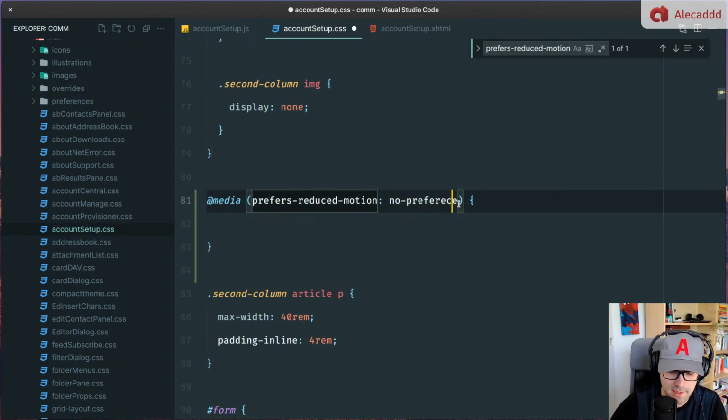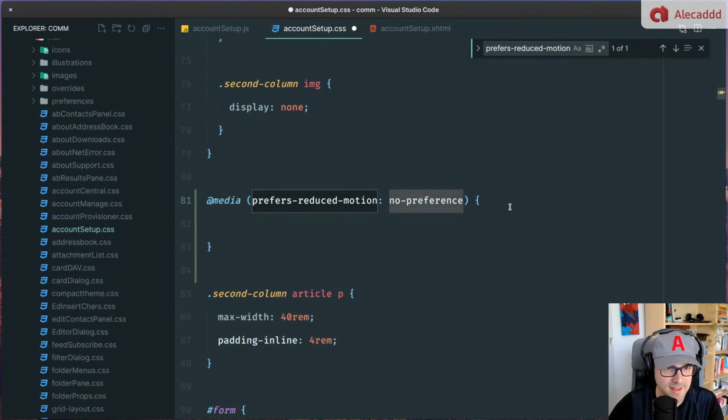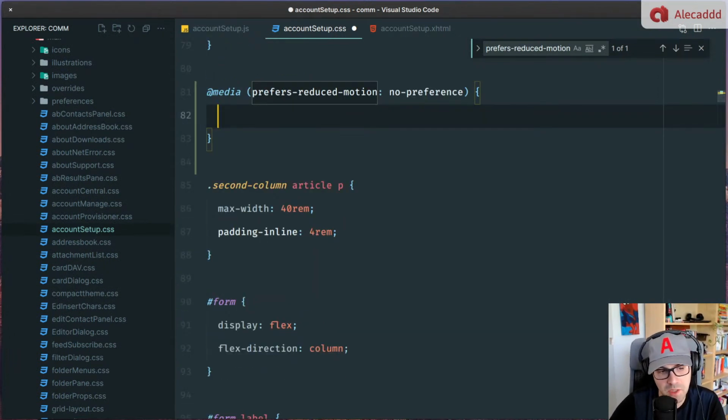No, you guys should read what I'm typing so you can help me with typos. Okay, preference. Okay, this is correct. If it has no preference, it means that the user is okay with